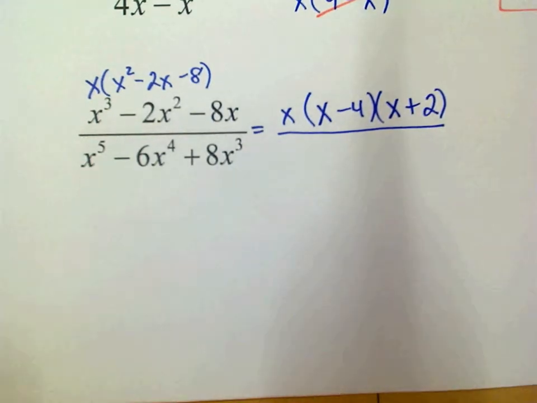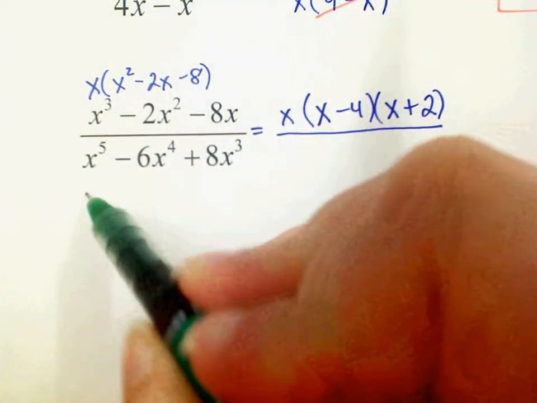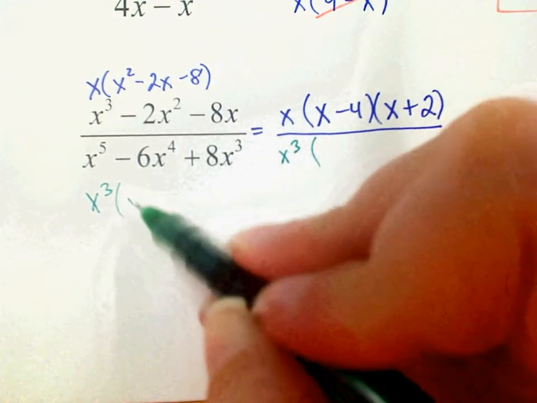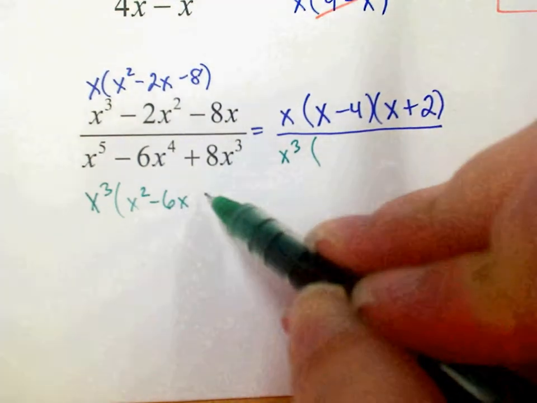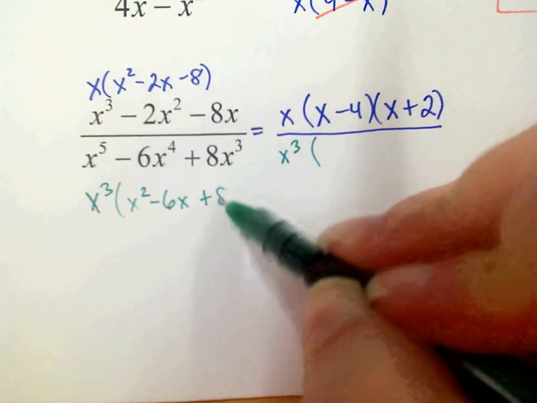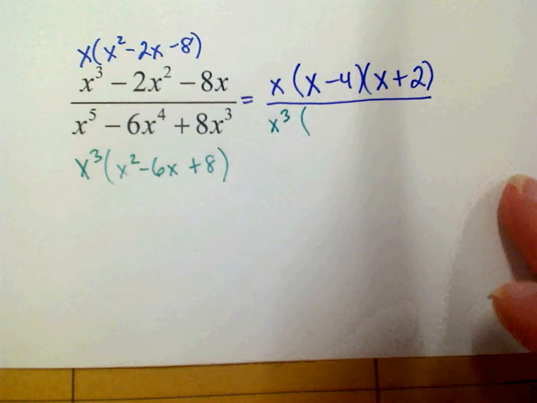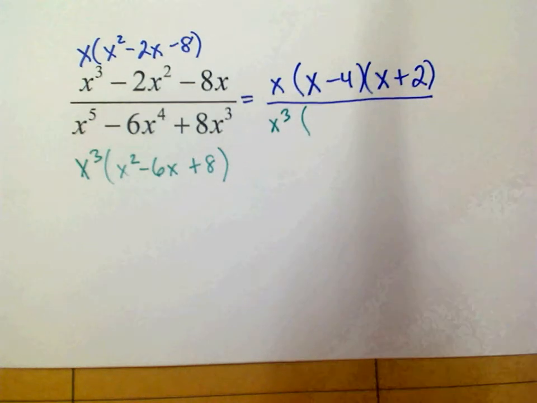Okay. What about the denominator? What do we factor out? X cubed times x squared minus 6x plus 8. So we're looking for the factors of what? 8 that add up to negative 6, which are,